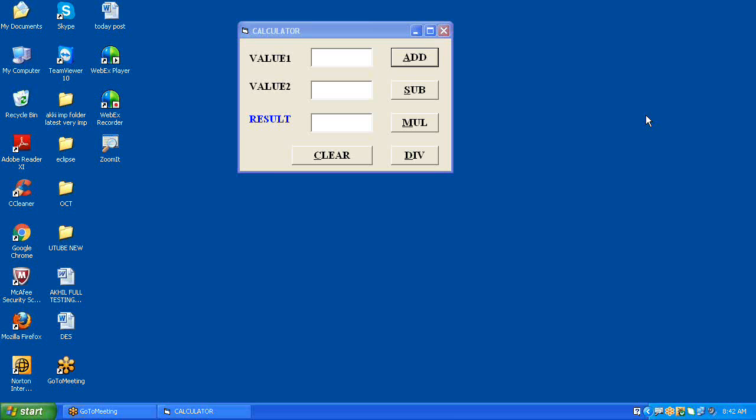I want the subtraction button should work properly. It should give the proper results. This one is the customer requirement, and the use case will be to put the value 20 in the